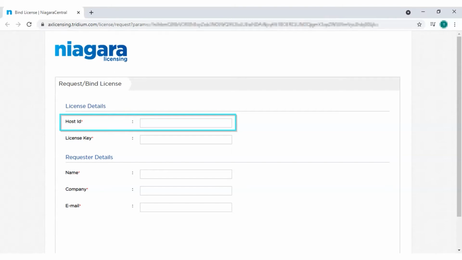of installing Niagara. Niagara users are accustomed to seeing a browser tab open after installation to request or bind a license. Note that LinkSpring licenses are not bound or requested on this page. Rather, they are issued or modified by our licensing team. In any case, you can always recall the host ID from the Niagara console.